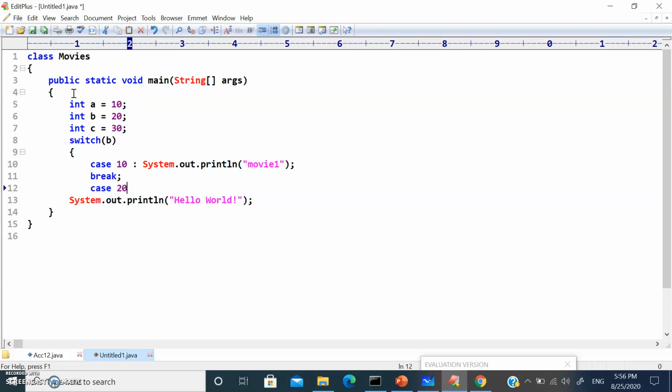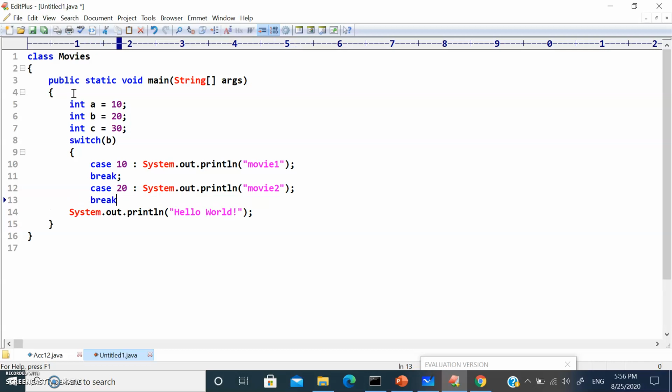Then case 20, System.out.println movie 2, break, and then case 30, System.out.println movie 3, and then break.